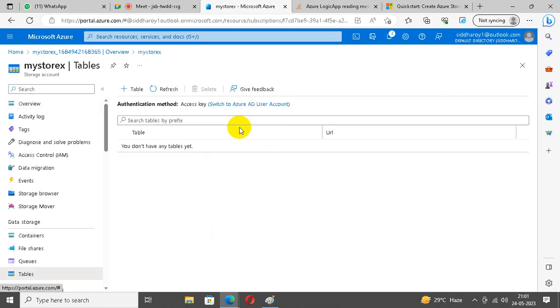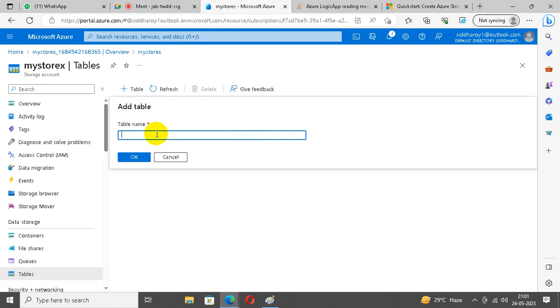Basically table service is very simple. No need for any critical things, like blob and file store, which are most critical, but this is very simple. Once you click a table, it will be added based on the URL. Later on, the same table you can access through Storage Explorer. Okay, let's create a table. Table name is